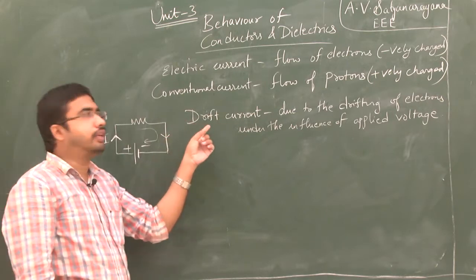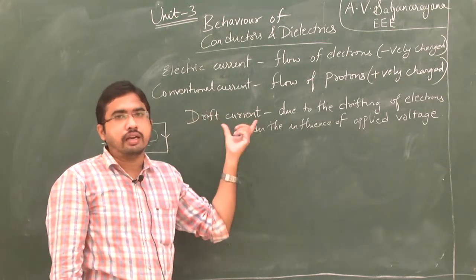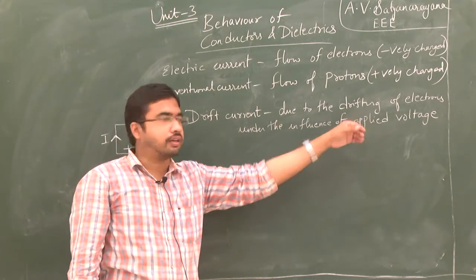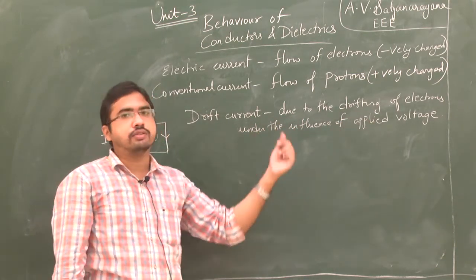Okay, drift current we need to define. That means the current which exists in a conductor due to the drifting of electrons under the influence of the